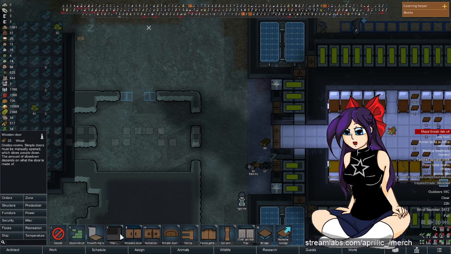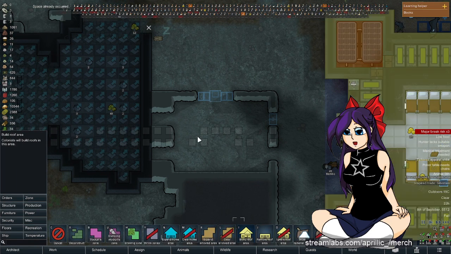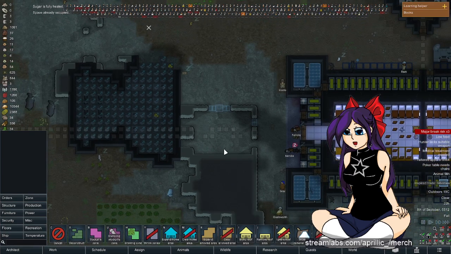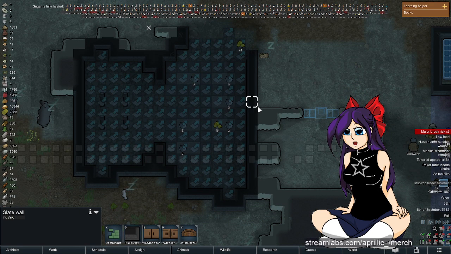Alright, give them animal flaps, and I'll give them a limestone wall because we have a ton of limestone. I'll put a couple of doors here and we'll slap a roof over this thing. This will give us just a little space that I can put my animals in at winter. I could actually also enclose this, but I am trying to get the slate. So,